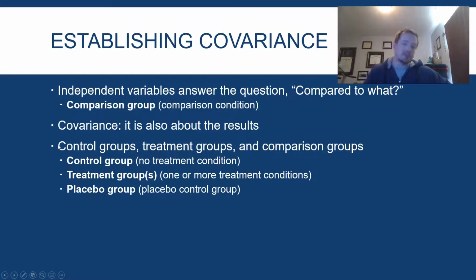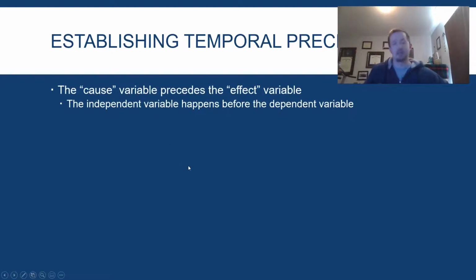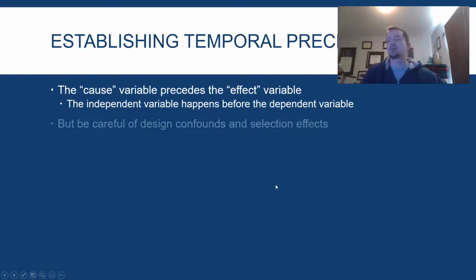That between these two things, one is affected by, or your results are affected by one of these things. So the second piece then is going to be looking at making sure that the order of these things matters. You want to establish that the cause happens before the effect.